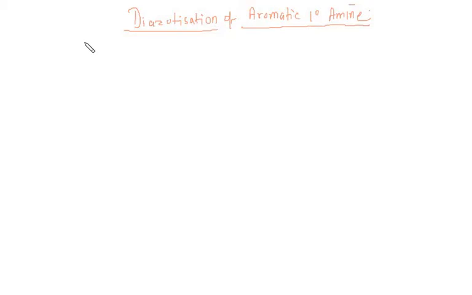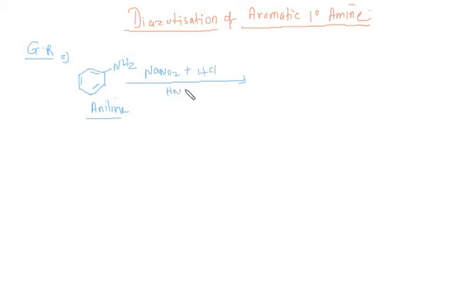In this video we're going to talk about diazotization of aromatic primary amine. Let's talk about the general reaction first. I'll take a simple primary amine, which is called aniline. Aniline is treated with a diazotizing agent, NaNO2 plus HCl, which results in the formation of